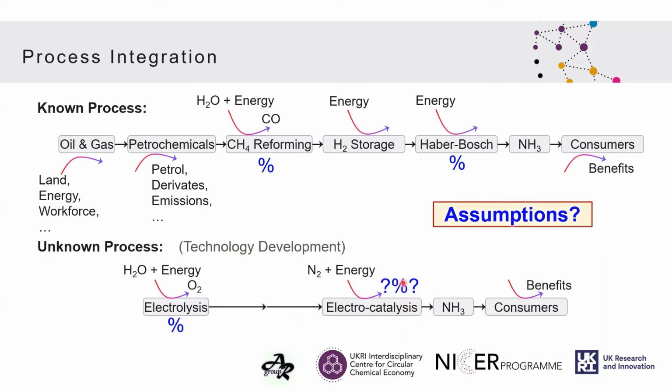We could look at the literature, get the most efficient electrocatalyst and consider that to be the efficiency of the process, or we can take some of them and use an average, and the same for the electrolysis. So we should look around and see if we can provide more accurate data